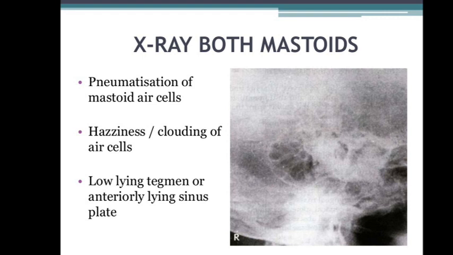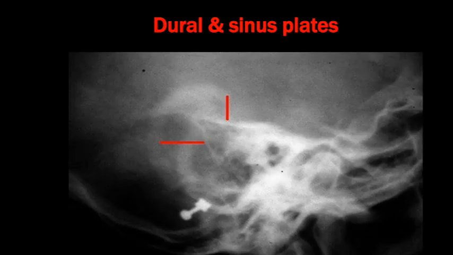Then coming to the radiological interpretation. So X-ray of the mastoids, this is what we were doing, and this I want to discuss with you because this is X-ray. You will be having a separate table during exams, and I don't know how far we'll be able to revise these things before exams. So at least what you can do is right now try to understand as much as possible. This is almost like the X-ray you will be getting in your exam.